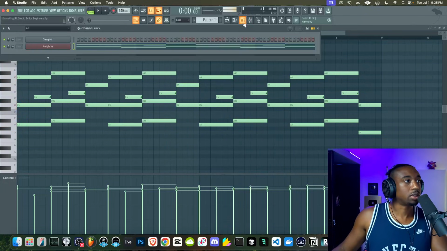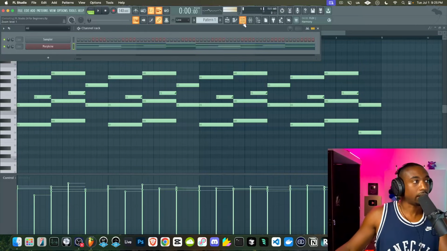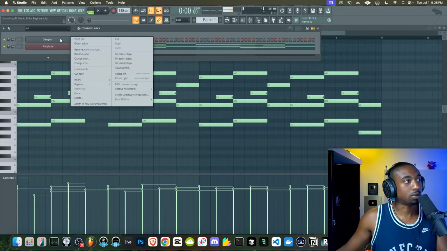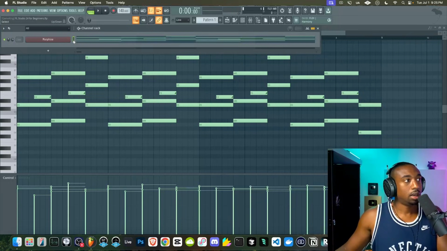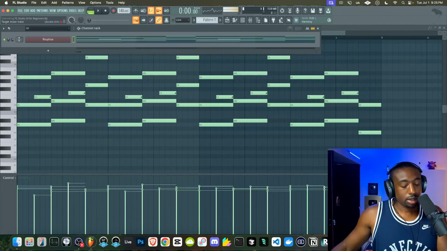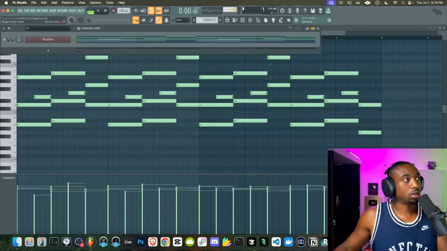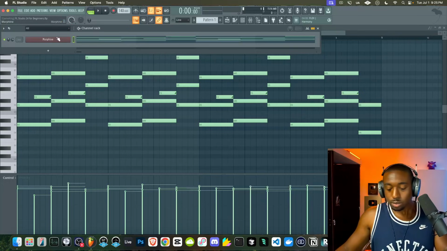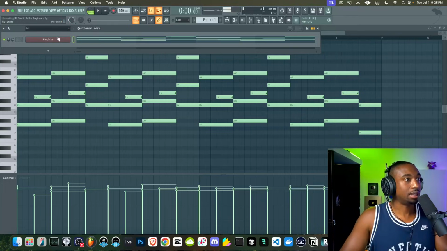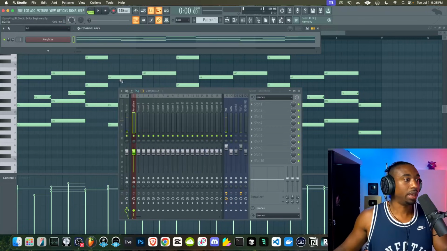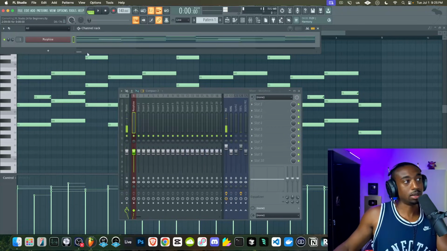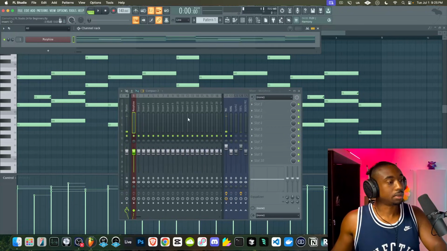Okay, now let's go to the mixer. Let's add a couple effects. Let's go to the channel rack here. We're going to just get rid of the sampler. Just right click, hit D to delete. If you don't see this little dash here, hit Alt M on your keyboard to hide or reveal that. Hit Control L. This will send this sound to the mixer and name it for you. So hit Control L and it will name it whatever the plugin is named.